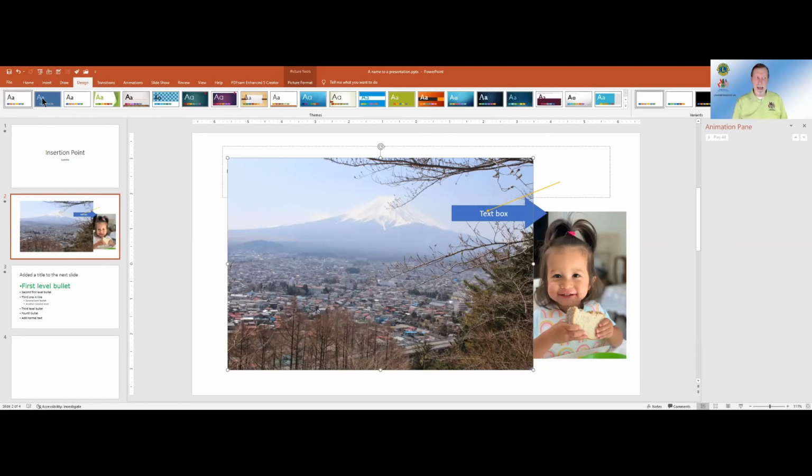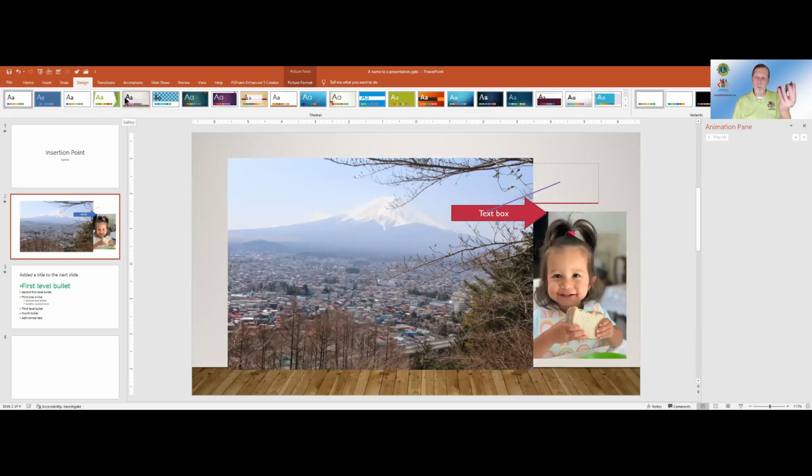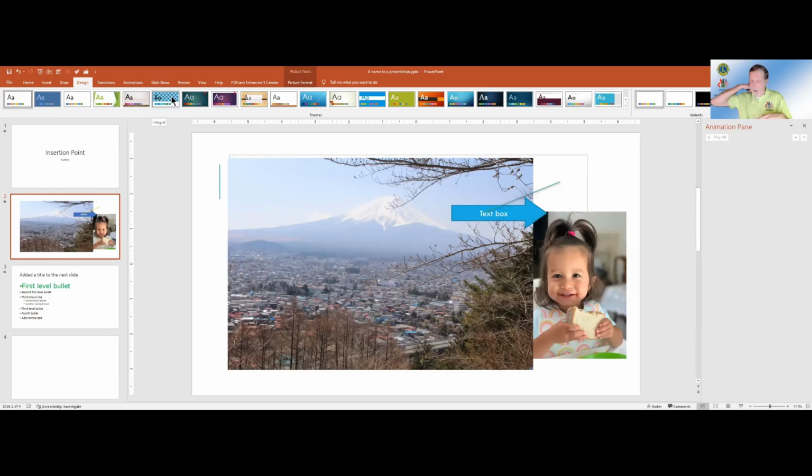The idea with a theme is that all of the different objects that can be on your slides are configured in a particular way. A graphical object, a text object, a table object, a smart object, etc. And they're given, for instance, the one that I'm pointing at here is called Integral. Notice my line arrow. I changed it to yellow. Now it's green, and that's because of the theme that is in place.